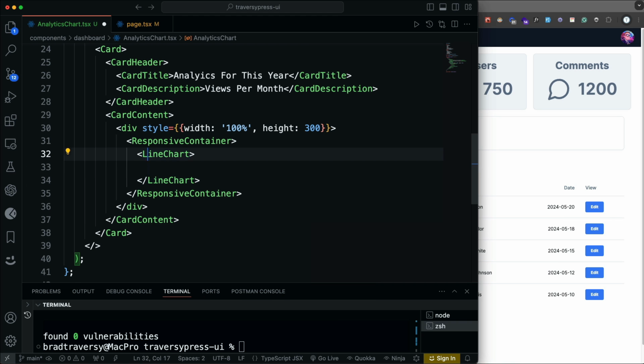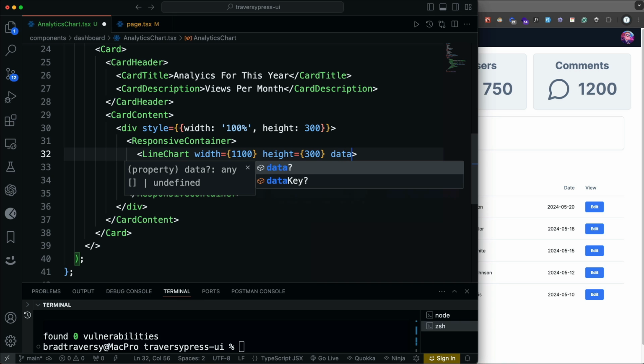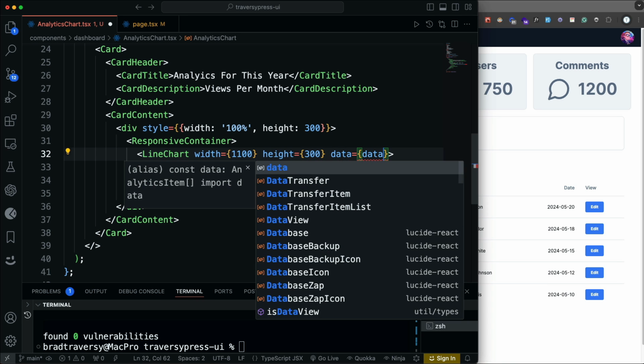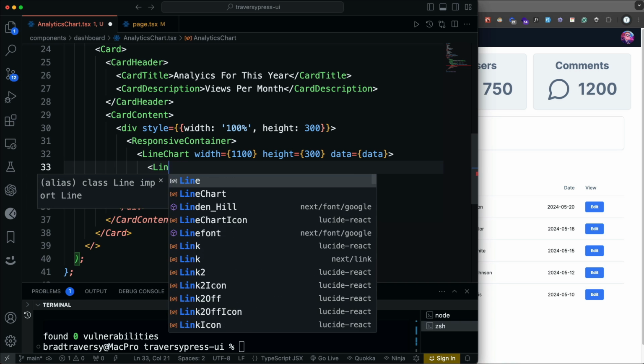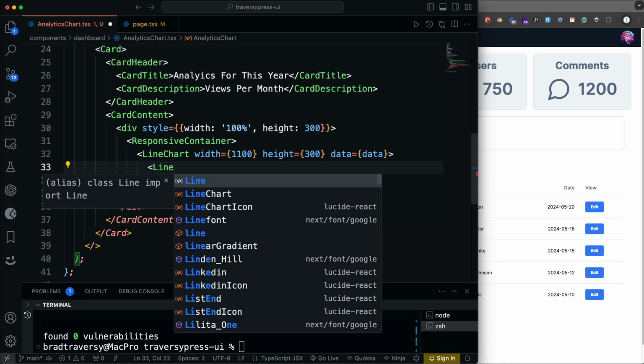Actually, yeah, and that line chart is going to take in a couple things. It's going to take a width, so this is basically like the max width. I'm going to do 1100, and then it takes in a height. Let's do 300, and then it takes in the data, which we have set to data. All right, and then within the line chart, we have our line, and the line is going to be